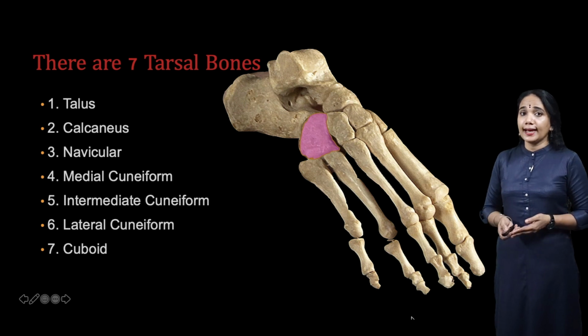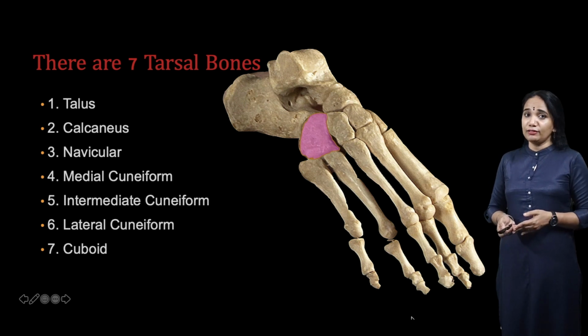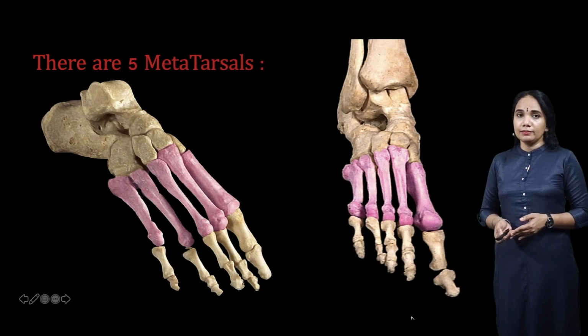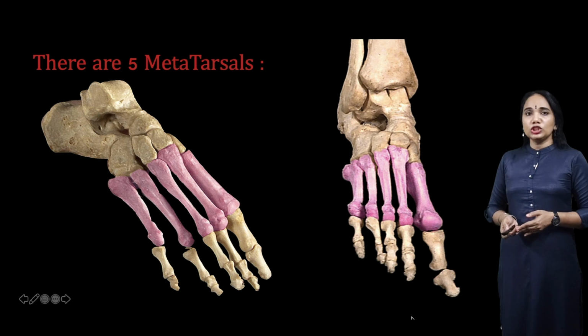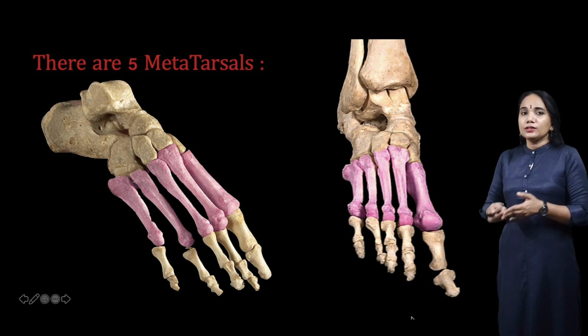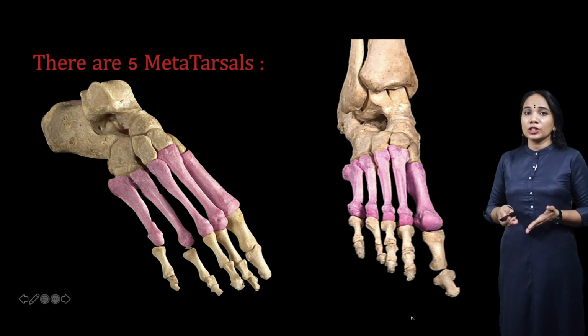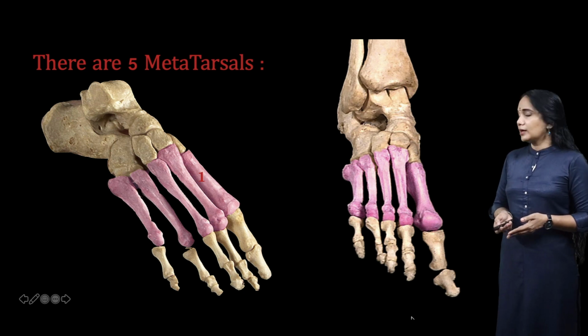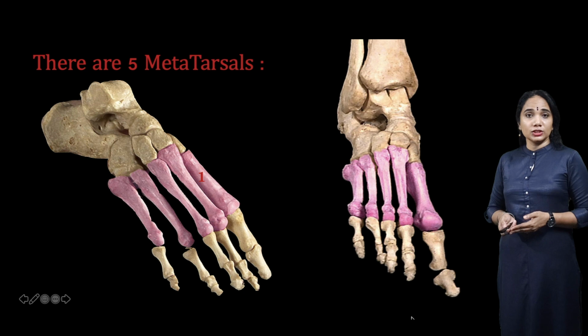But the foot also has the metatarsal bones and the phalanges. Let's look at the metatarsal bones and how we number them. These are the metatarsal bones, and they are numbered from medial to lateral. So the first metatarsal is always the one belonging to the big toe. So numbering them from the oblique view, we have number 1, which is belonging to the first toe or the big toe. Then you have 2